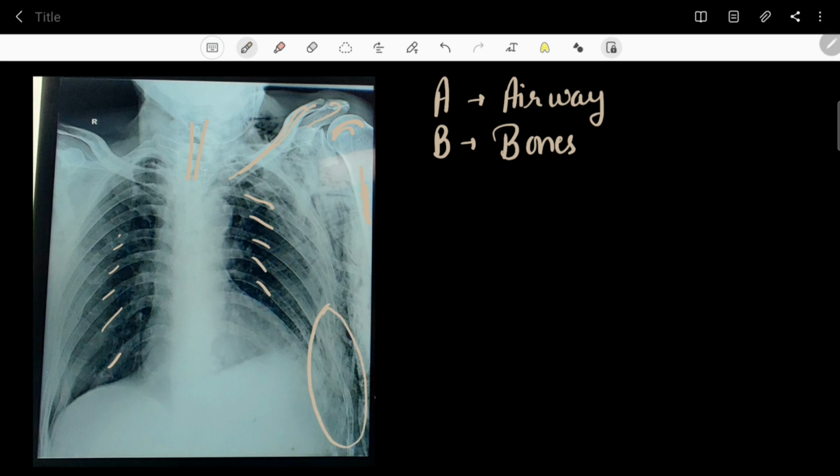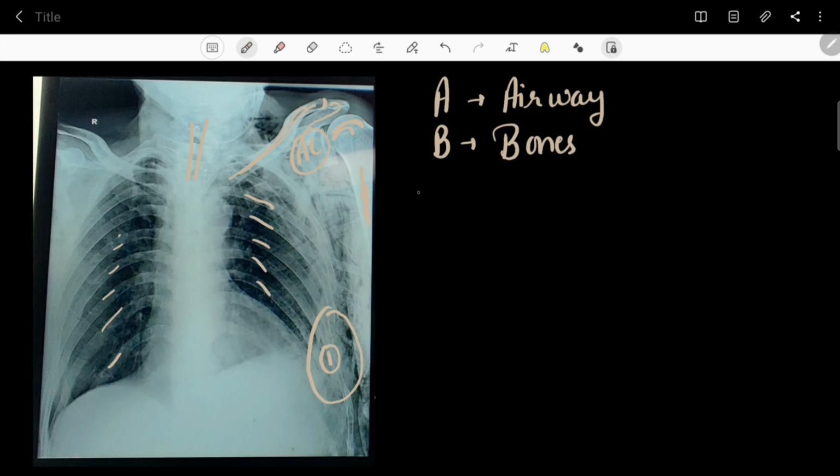These lower ribs are fractured, and you can see a fracture line here. There are a lot of fractures at this place. So one finding we are getting is the presence of fractures. Next, you can see there is discontinuity at this place, and there is some kind of subluxation of this shoulder joint. So there is an acromioclavicular joint disruption with a mild subluxation of this shoulder joint.